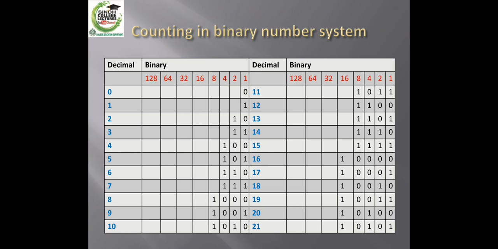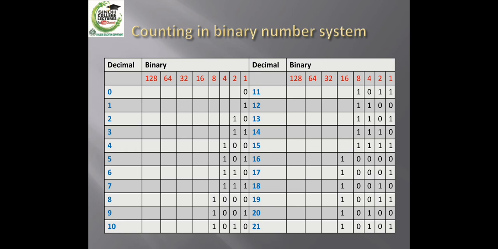To make number 1, it is present in this code, so we just turn on that bit. To make number 2, which is also present, we turn on the number 2 bit and put 0 on the right side. For number 3, which is not present in this code, we add bits 1 and 2. That's why we turn on both bits 1 and 2.